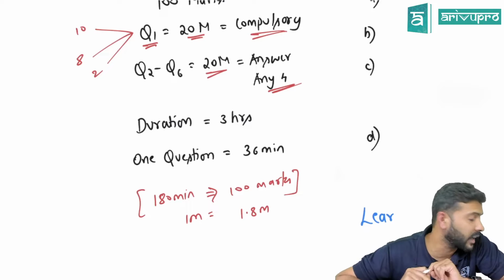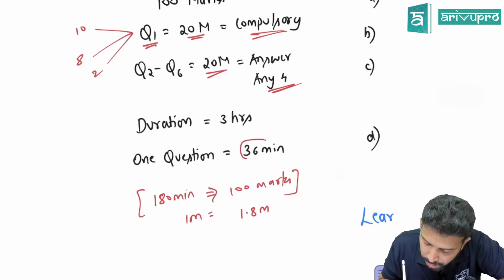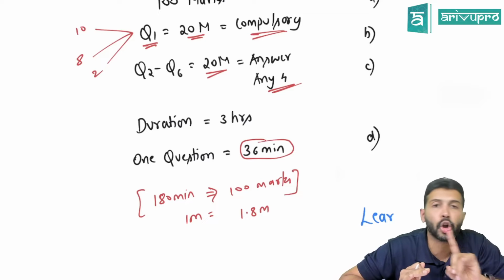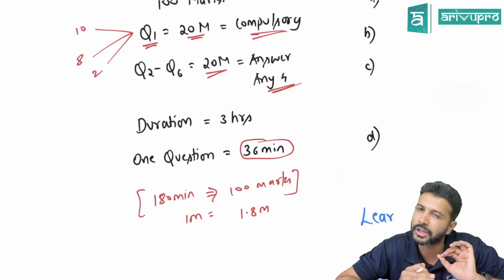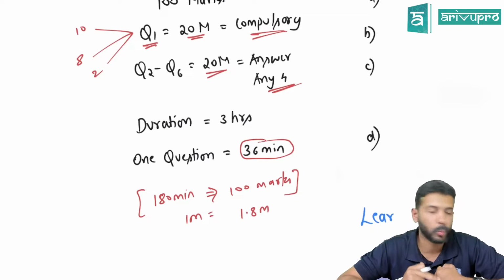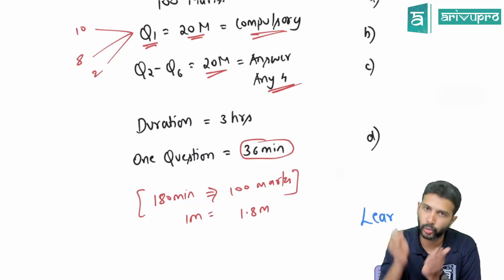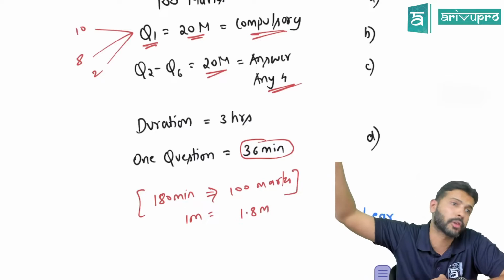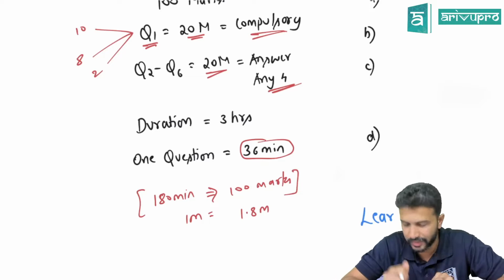One question carries how many marks, I told, sir? 20 marks. So for 1 question, the maximum time you should spend is 36 minutes, or maybe 40 minutes, not more than that. If you are spending more than 40 minutes on 1 question, then you are probably getting into trouble. You may not be in a position to complete the full paper. Please keep watch of the time when you're writing the examination. Some of the things will be easy. You will know them, but you'll get lost. Many of them don't keep track of time. They take 1 hour for one question, so you end up not attempting the paper in full. Always keep this in mind.